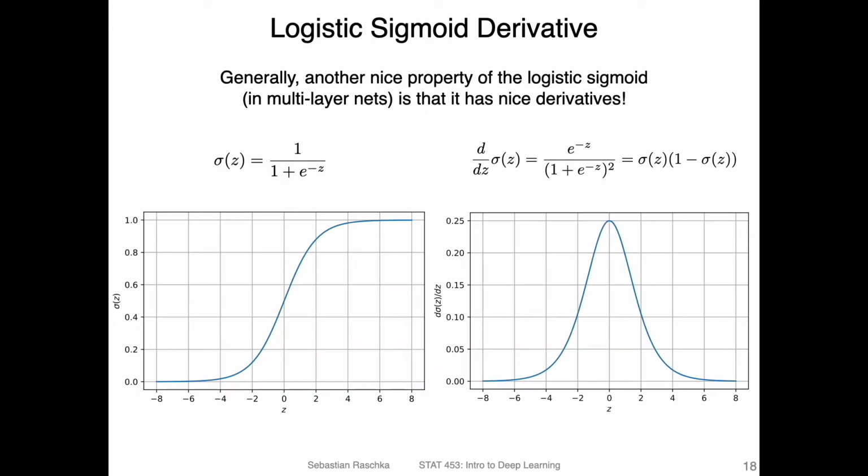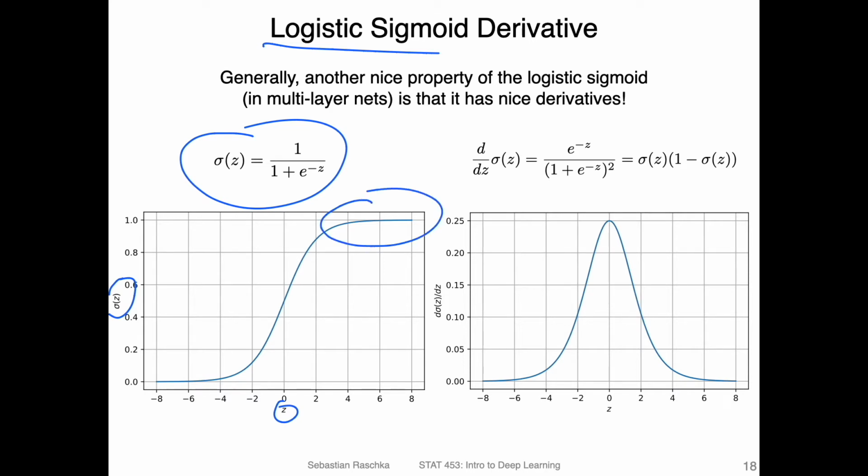So yeah, let's take a look at the logistic sigmoid function again. Here on the left-hand side, that's the logistic sigmoid activation function that we talked about before, where we have the net input on the x-axis and the output on the y-axis. It has this sigmoidal shape. And you can already see, just by looking at this function, what the gradients might be. On the ends, the function is relatively flat, so the gradient should also be very flat, like 0 around that region. And the steepest part is here, so this should also be where the gradient is the largest, or let's say the partial derivative with respect to the input is the largest.